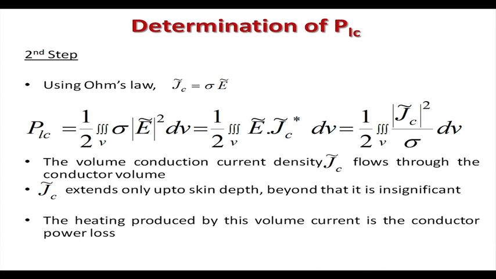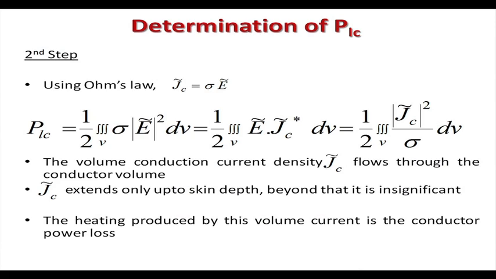The point is that in a conductor, the current is flowing as a volume current, across the propagation direction, and that means if we do the calculations,